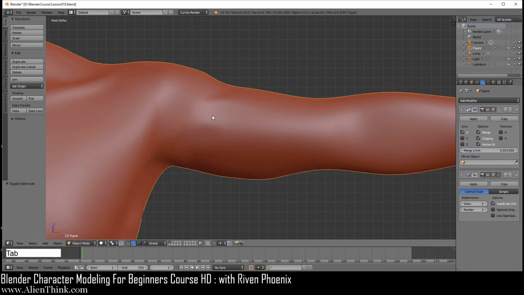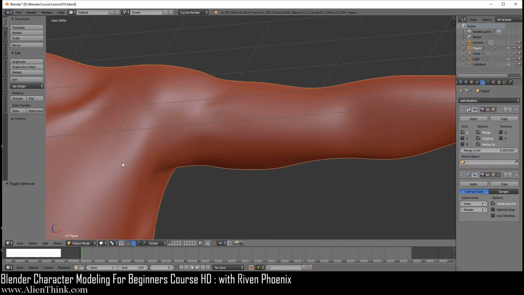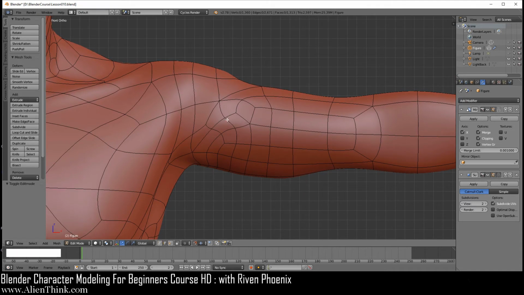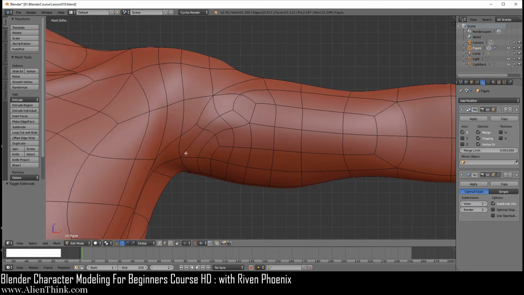So if I do tab, what we're going to do is now define this area over here, the junction of the bicep and the deltoid and the pec muscles. Okay, go back to your front view by pressing 1. So the way we can do this is we can simply click on the vertex mode. So we're going to click on this vertex, shift key down in this one.